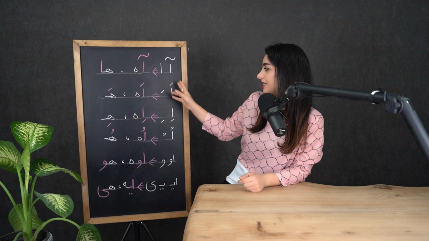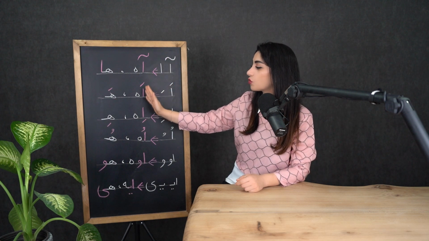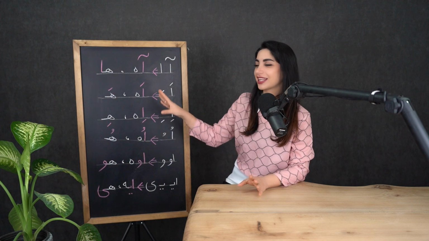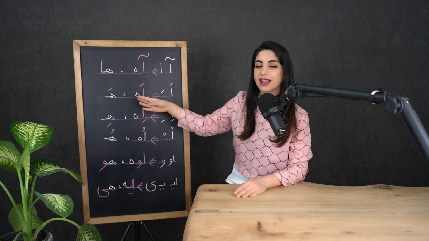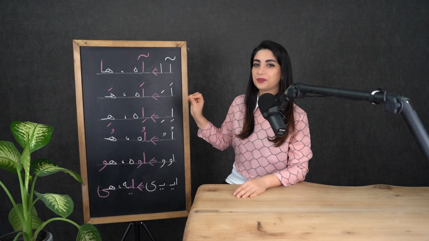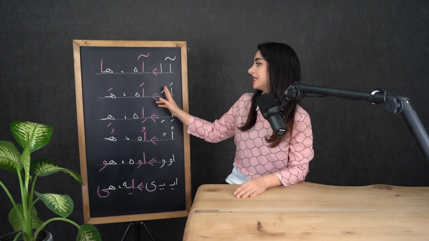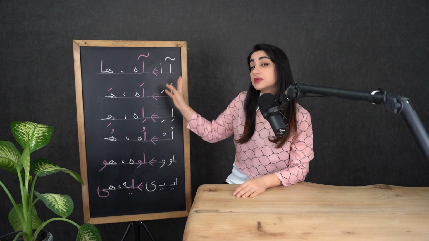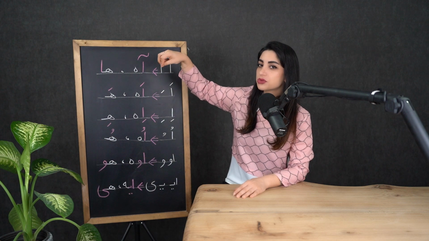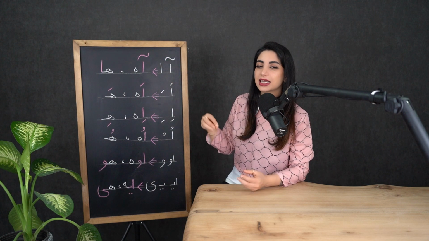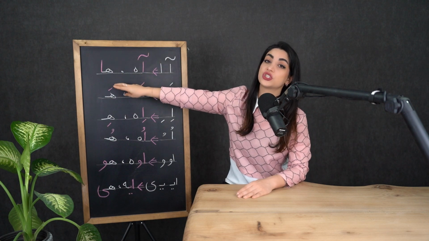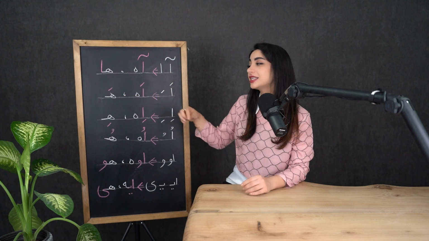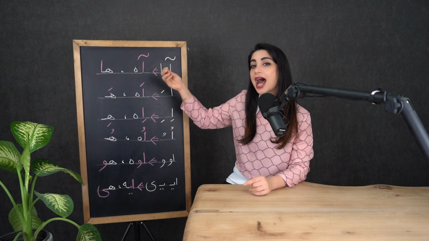Now this one. This big one here comes always at the beginning, never attached to anything. First read a, then a, together. Ah, ah. Now this one always comes in the middle of a word and jumps right up any consonant that it likes and makes it sound like itself. All these three. So this one comes and jumps on the lowercase he and makes it sound like a. So a, together. Ha,